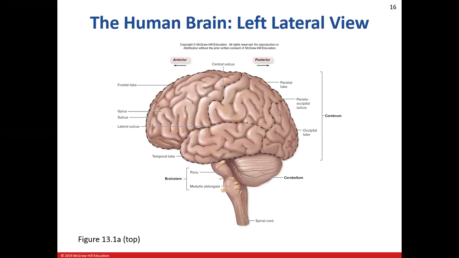So let's take a look at the human brain. This is our left lateral view. So again, there are some things that we look at. Particularly, you can see the dashed arrows or the dashed lines that help to show us where the lobes are. Now, the most common lobes are the frontal lobe that you'll see here towards the front side, the parietal lobe,